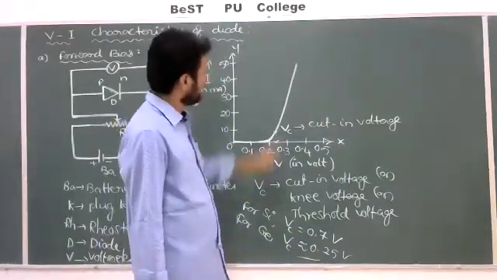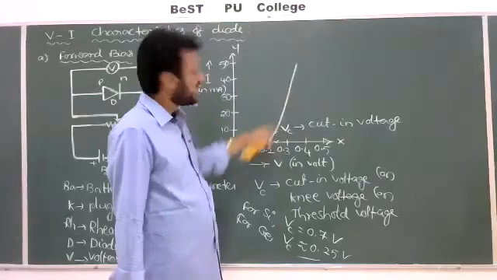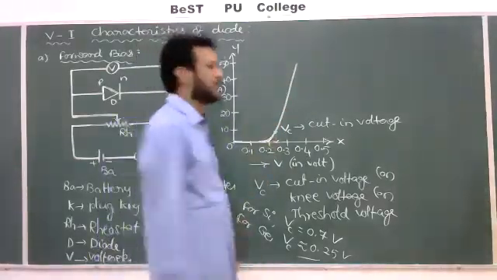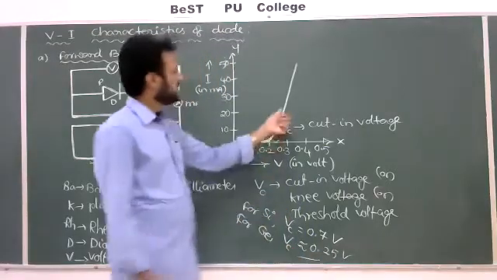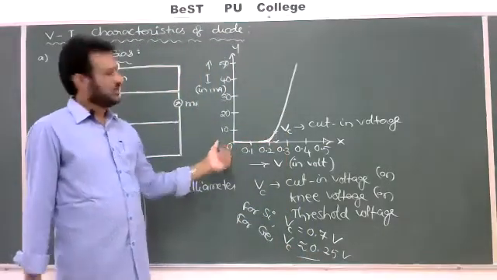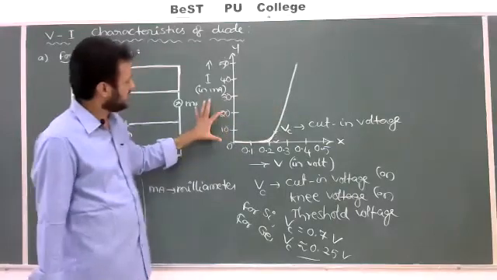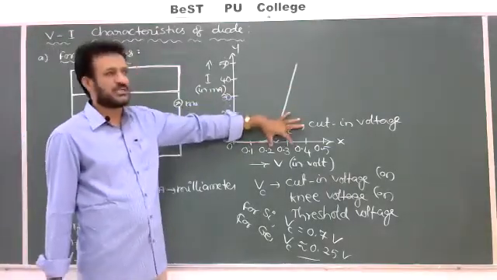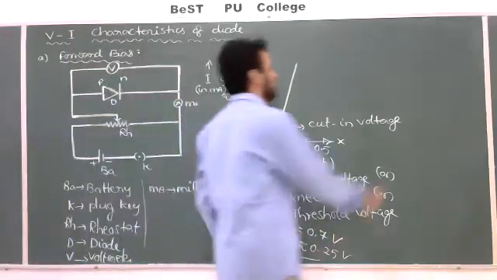And here, if you draw, it has some slant or slope. If we calculate the slope of the graph, what can we find? Slope is equal to opposite side by adjacent side. So what should we take as the opposite side? This one, current, and adjacent is nothing but voltage. So we can find the slope of the graph.